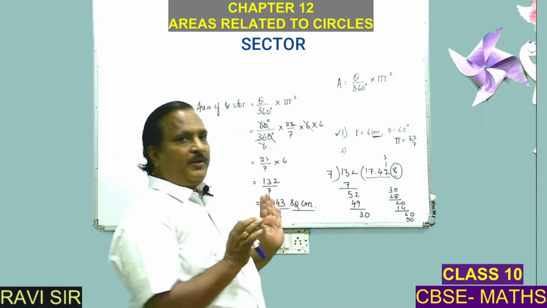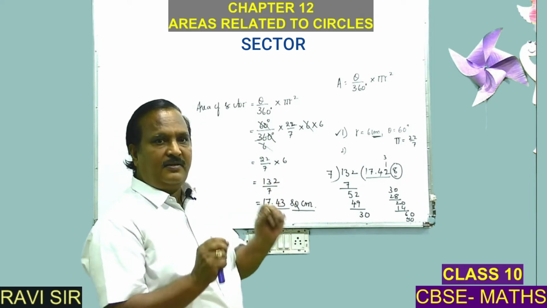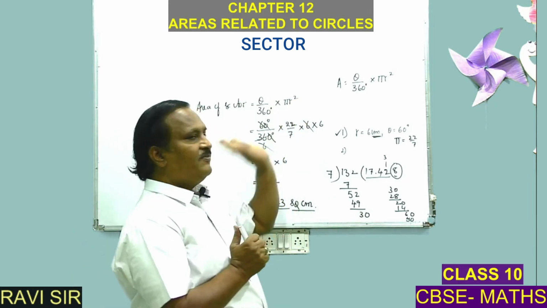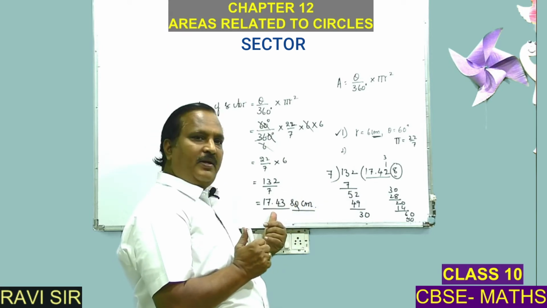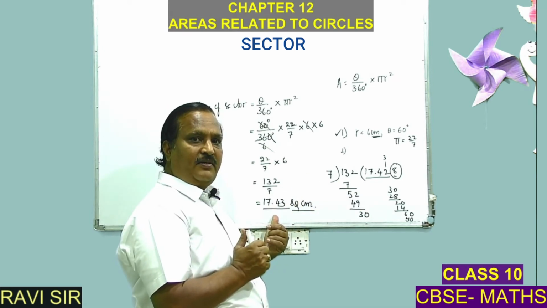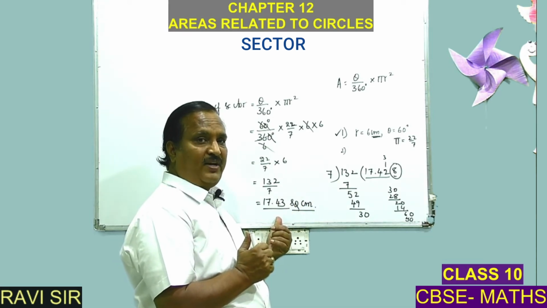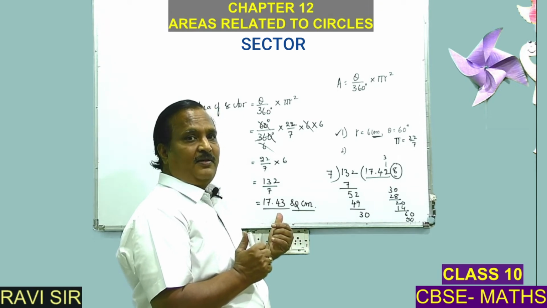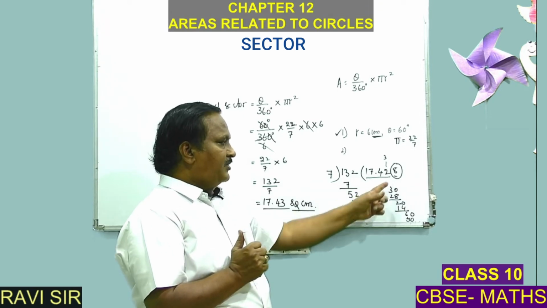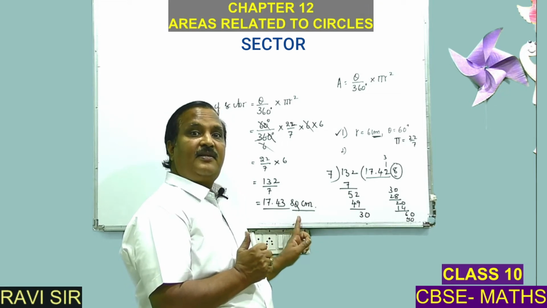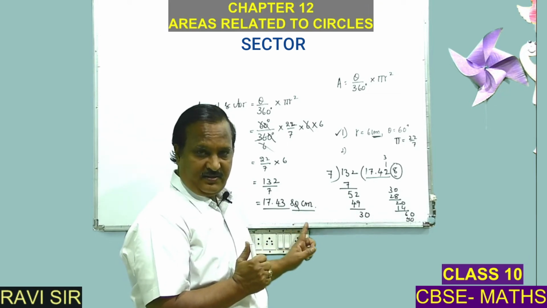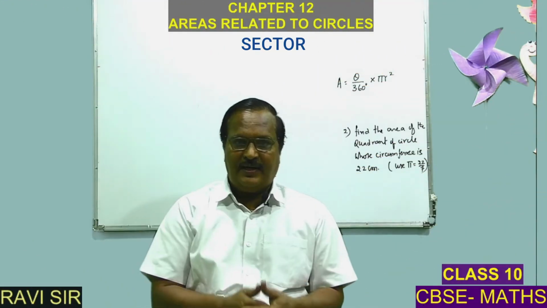So, very simple. In this I have told you some techniques, that means writing the formula, very important. Putting it into the proper answer, that is also very important. Answer should be either in the mixed fraction or in the decimal form, right. So, decimal form also I have given you a small example, and also important aspect is writing the square unit. Okay. Now, let us go to the next question.